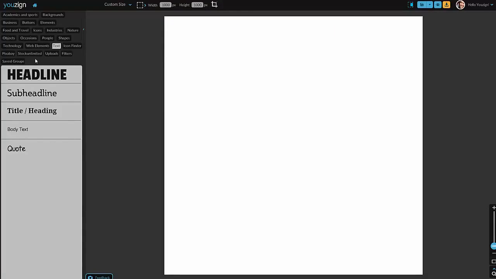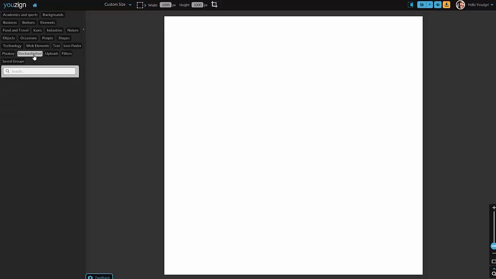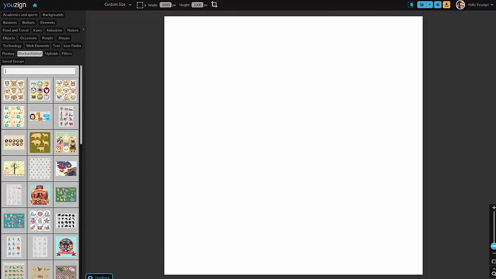This is pretty cool. We've got integration with over 1 million different images. I think it's 1.3 million, including Stock Unlimited. And this is a paid deal we did with this company. If people go to Stock Unlimited, they have to pay to sign up to use it. We've got free integration inside Youzign. So let's say,